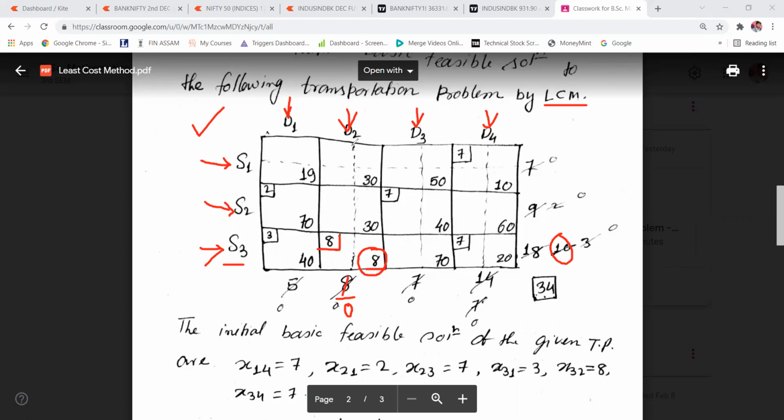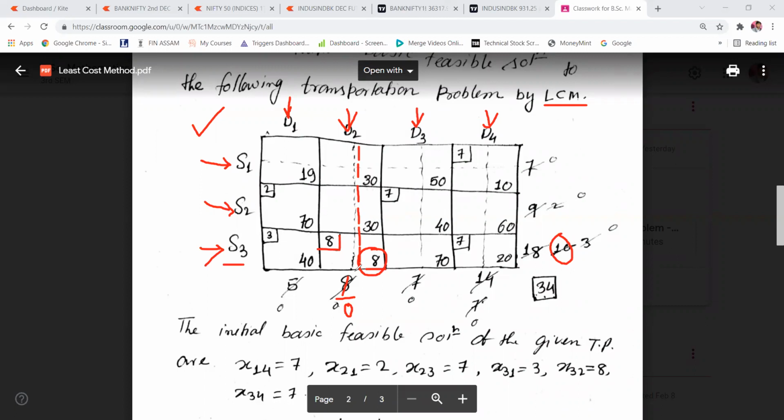Once demand is exhausted, you cancel out that column. So we have canceled out this column, because demand is exhausted. If supply is exhausted, then you need to strike out that row.